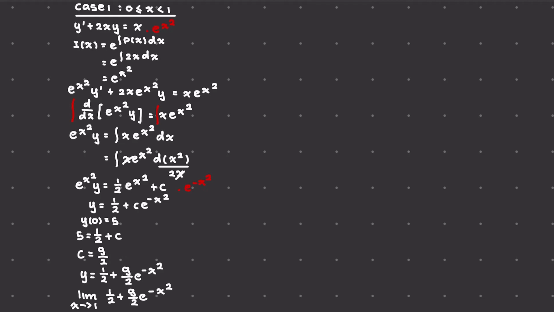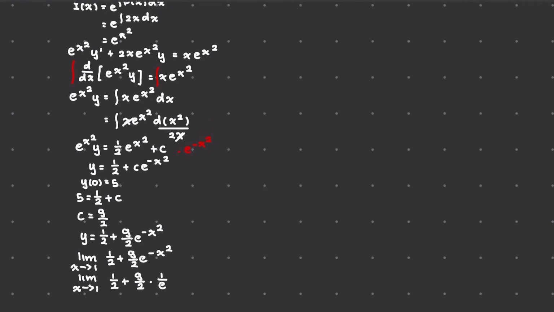And plugging it for 1, we will get here limit x approaches to 1, 1 over 2 plus 9 over 2 multiplied by e to the negative 1 is the same or the equivalent of 1 over e. So our initial condition for our case 2